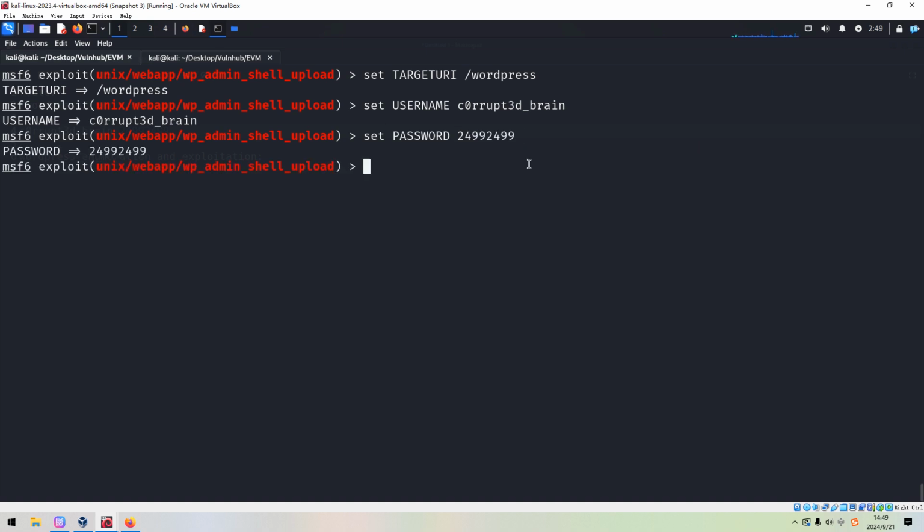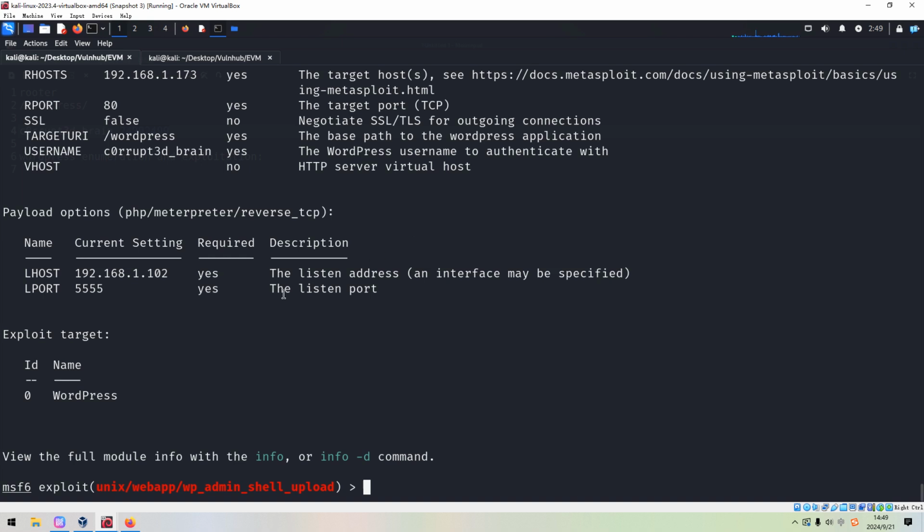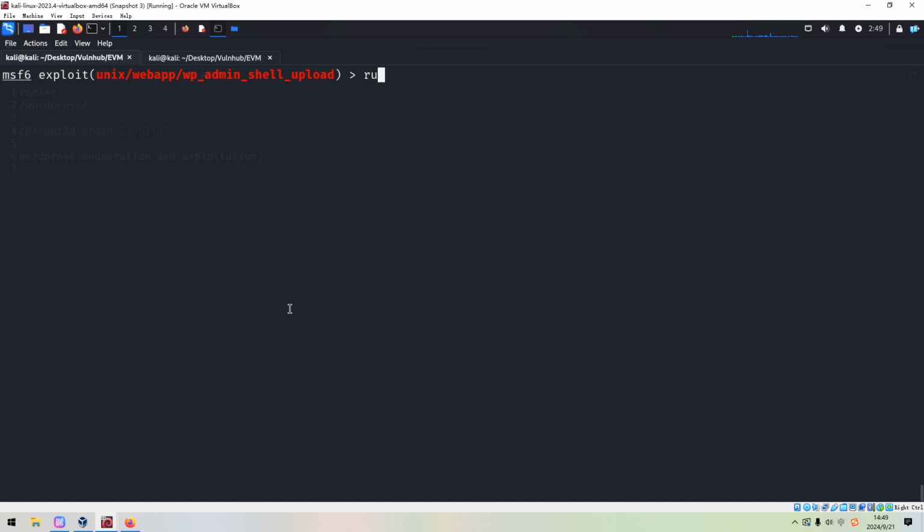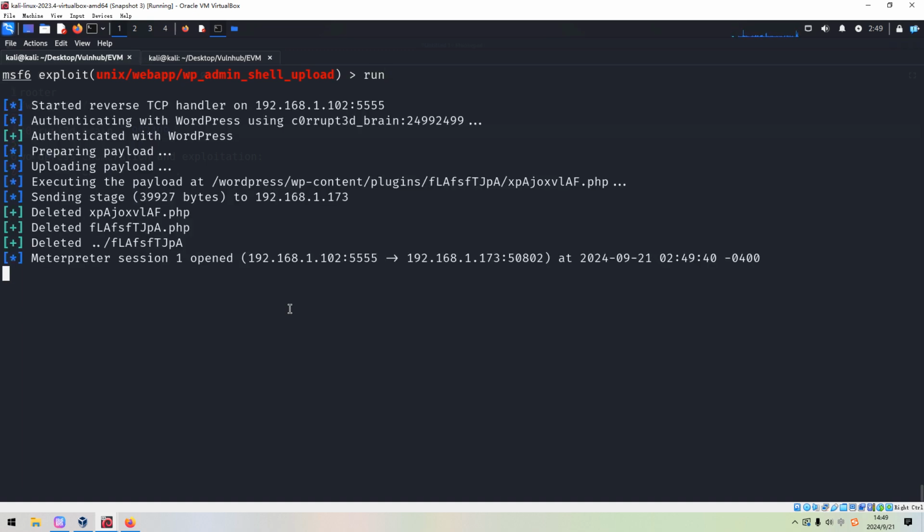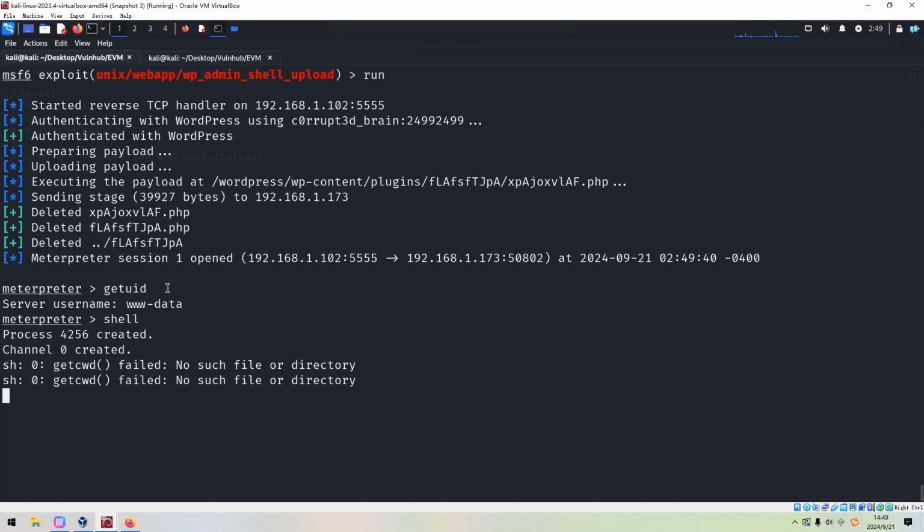All right, I think I have already configured every required field or option. So for now, we can run it. I think it's working. Oh yeah, great. Meterpreter session 1 opened. We can get a UID, which is www-data.